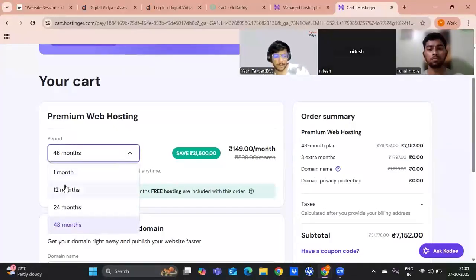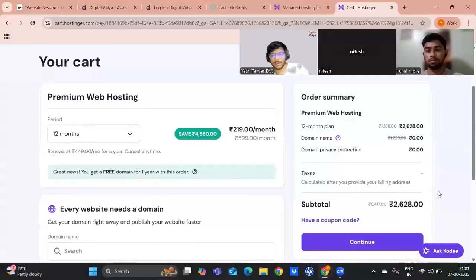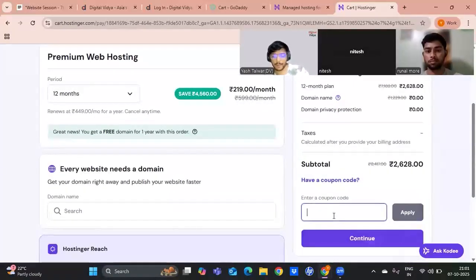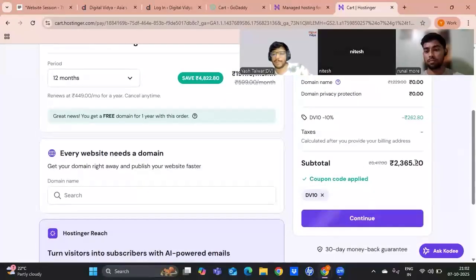So we'll change this to 12 months. We want it for 1 year. This is the price for 1 year. You can apply a DV10 coupon. This is just 10% off, not a lot, but something is better than nothing. So we can take 10% off here as well. And this is the final price of your domain and hosting, both of these.